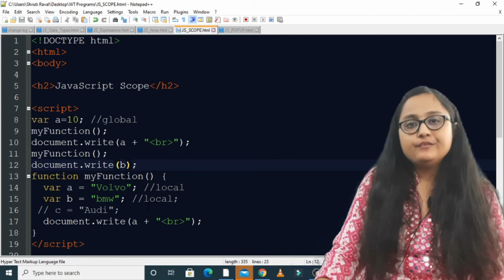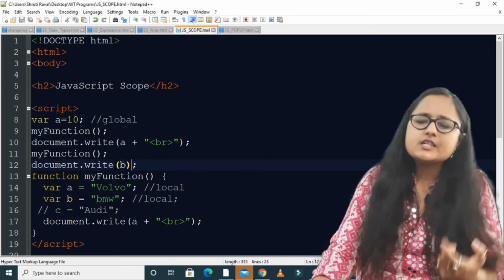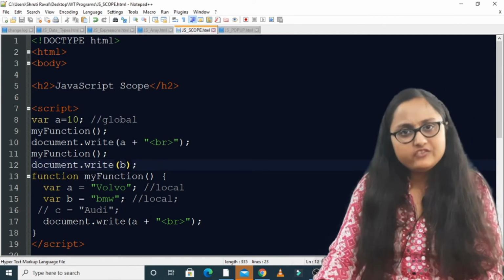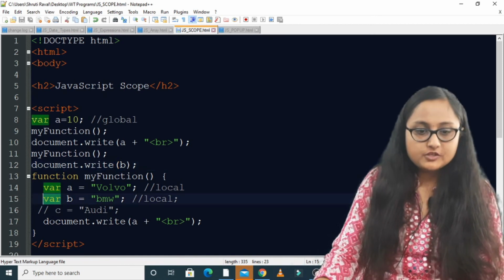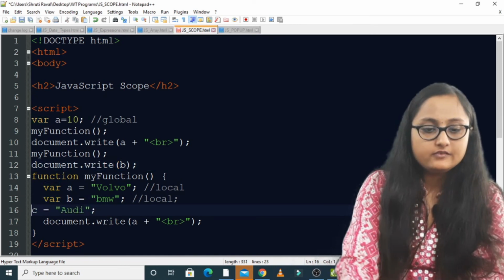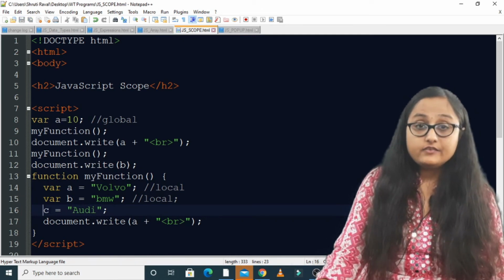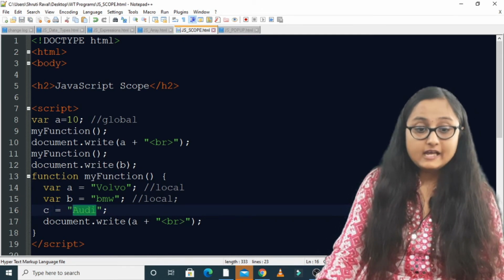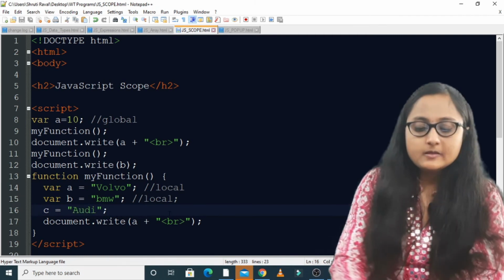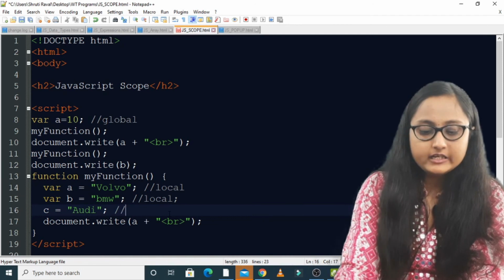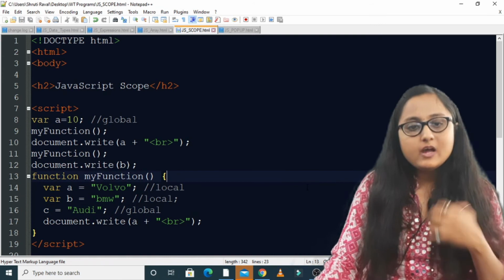But what if you want to declare a variable inside the function and use it outside the function? Is there any way? Yes, there is a way. If you skip the var keyword, so for example, I am declaring a variable c. Here you can see that by declaring a variable c is equal to OD, I am skipping the var keyword. When you skip the var keyword inside the function and declare a variable, that variable now has global scope.